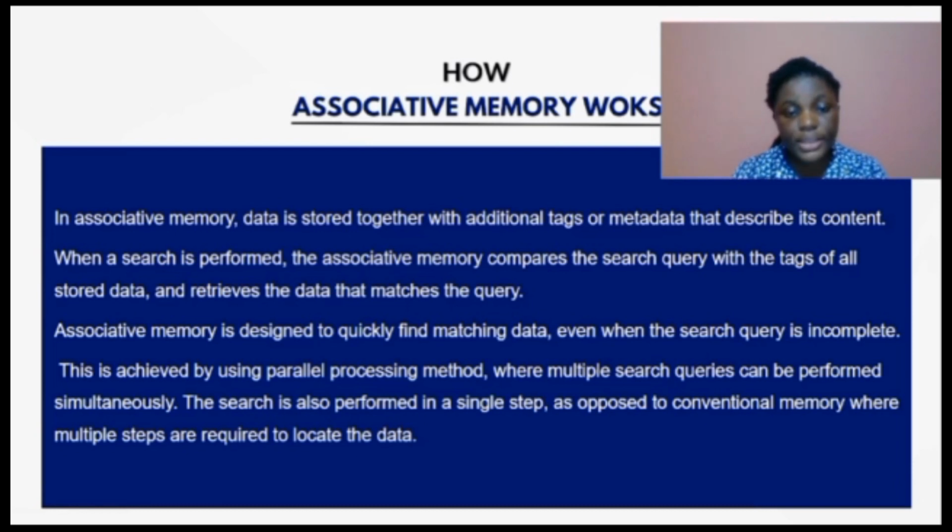So the associative memory is designed to quickly find matching data even when the search query is incomplete. This is achieved by using parallel processing methods where multiple search queries can be performed simultaneously. The search is also performed in a single step, as opposed to conventional memory where multiple steps are required to